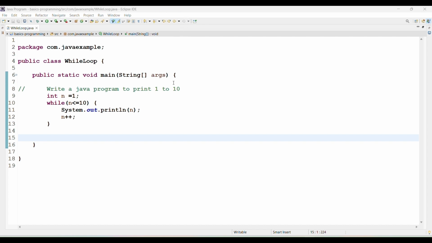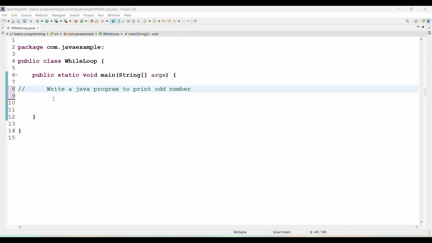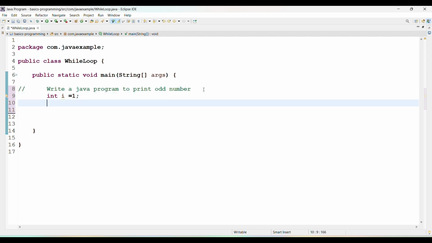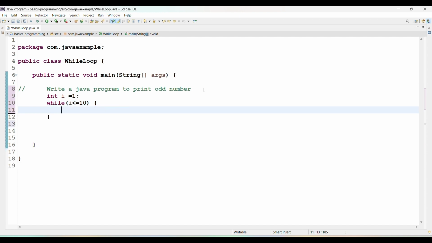Let's take one more example of while loop. Write a Java program to print odd numbers. First take one variable and initialize it, int i = 1, and let's create the while loop and write the condition i <= 10, and create the block of while, and if